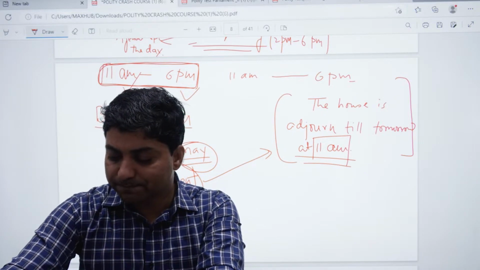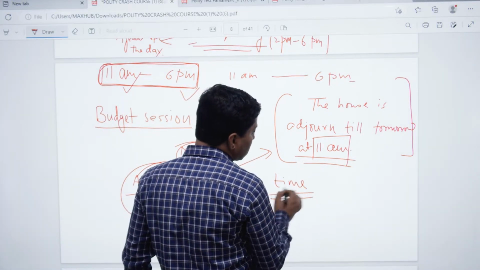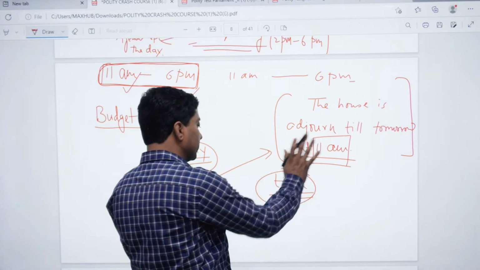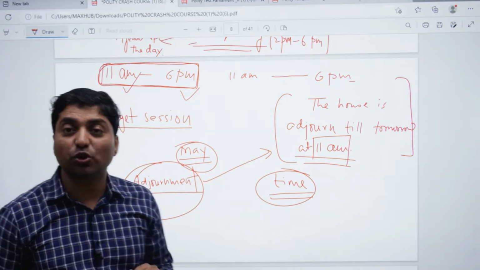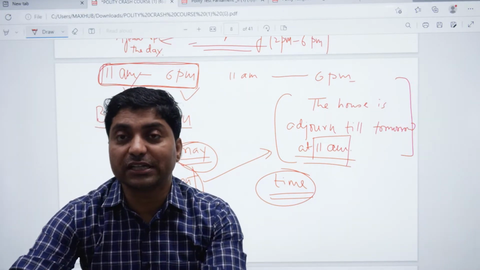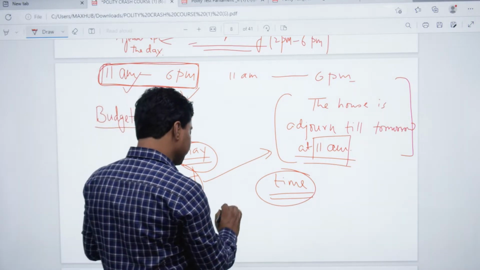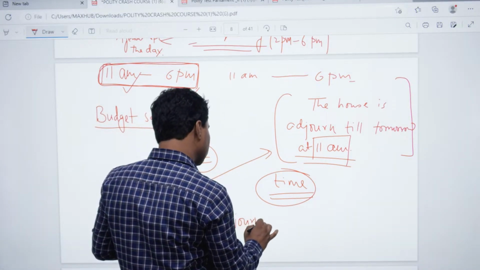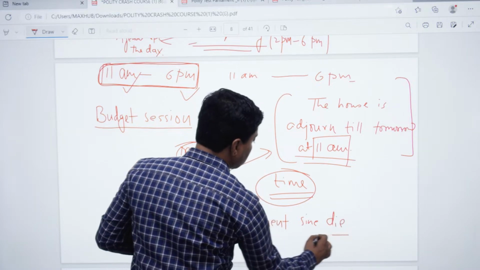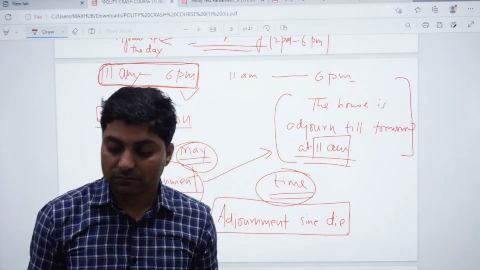It does not actually. So when the speaker mentions time, that okay, house is adjourned till tomorrow 11 AM, then it is called adjournment. But when the speaker does not mention time, it means the house is closed, the house has stopped working for the indefinite period of time. That is called adjournment sine die. The house is called adjournment sine die, यानी कि अब वो